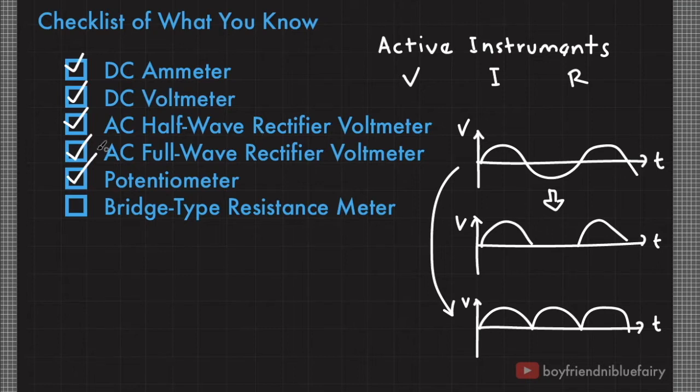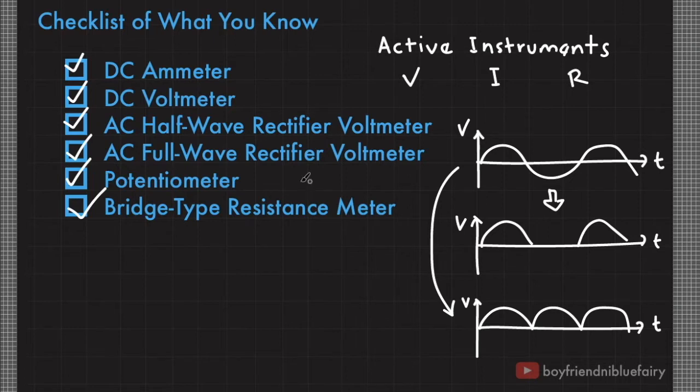When it comes to measuring resistance, we could just simply use an ammeter and voltmeter to measure current and voltage, and then use Ohm's law to calculate for the resistance. But as I pointed out from previous lectures, the shunt resistor of the ammeter and the multiplier resistor of the voltmeter can affect the reading of the current and the voltage, and this error could cascade in your calculations. And this is where we introduce a bridge circuit with variable resistor to measure the resistance of an unknown component